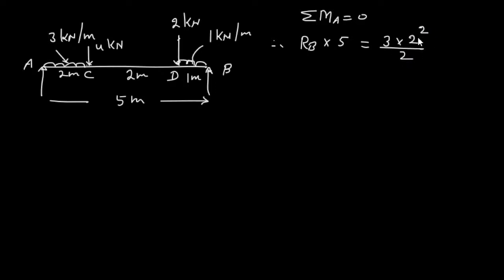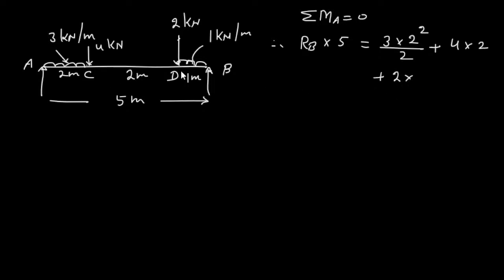right? WL square divided by 2, you know, the moment by UDL we calculate by this formula, or you can understand this like 3 into 2 will give me the total force, and it will act at its center, that means 2 divided by 2, so it is 3 into 2 square divided by 2. This is the clockwise moment, plus 4 times 2, okay, clockwise, plus I have 2 times